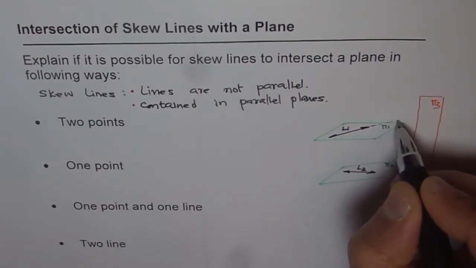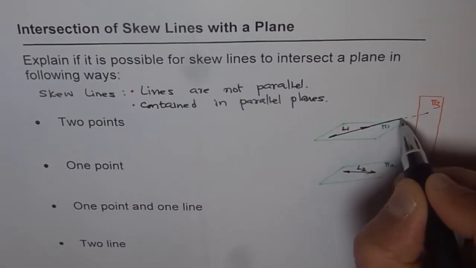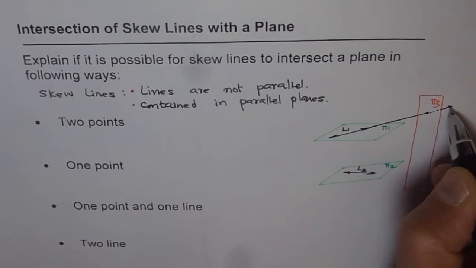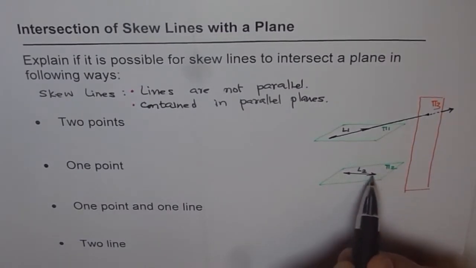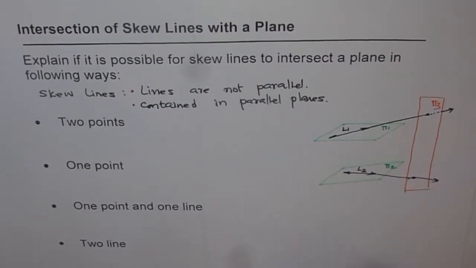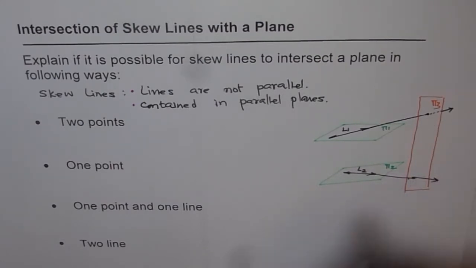So this line can extend and go through this. Do you see that? I can extend my line, there it goes, and that's the point of intersection, and that's how it goes out, right? And this line can go through it like this, right? There it goes, that's the point of intersection. I should have drawn that dotted to show it going inside. And so there are two different points, right? So we say yes,